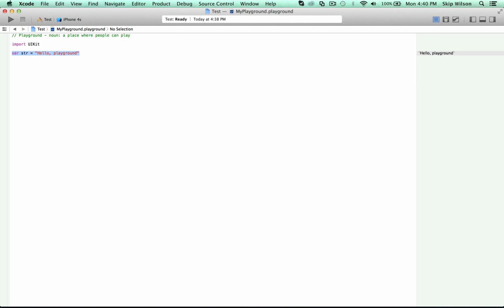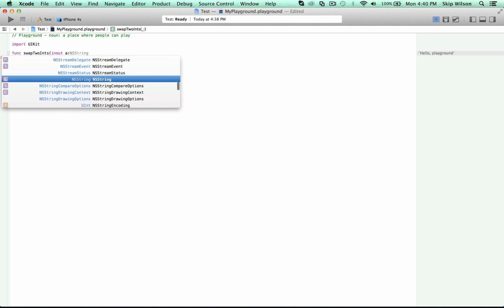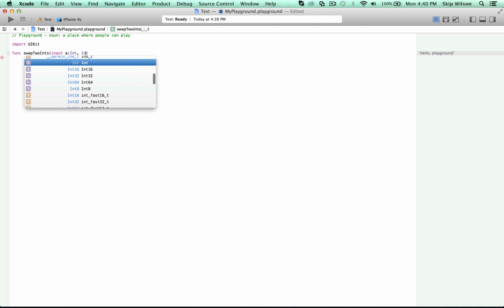So what problem does this solve? What are we trying to solve here? So I'm going to take this from the documentation. This is a function called swapTwoInts. And you're going to do an inout here, which means that we're going to do this to a variable outside